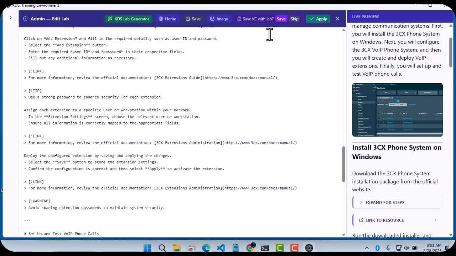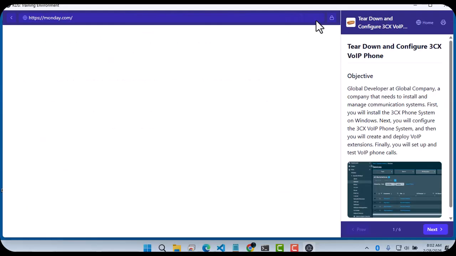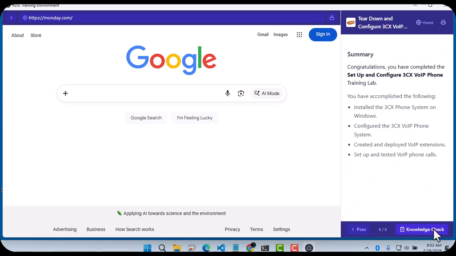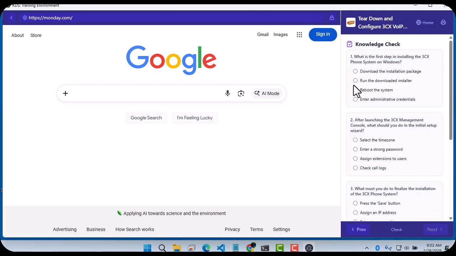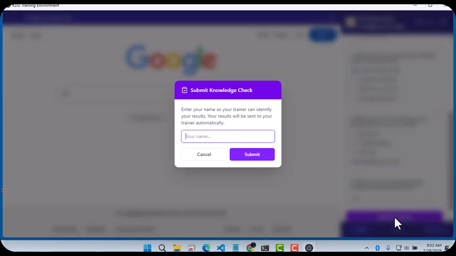I'm going to save that. And then I'm going to select apply. And now if we go down here on the right, when we get to the last page, there's actually a knowledge check, which automatically generated these questions. So I'll just do some answers in here. I don't think they're right, but I'm just going to say go. I'll hit submit. It's going to ask for your name, and when you submit that, it's going to send and